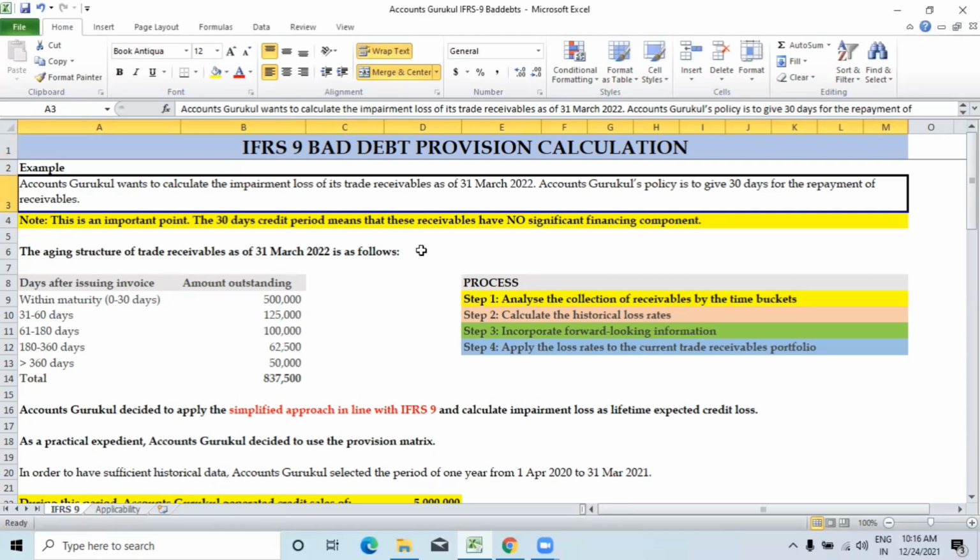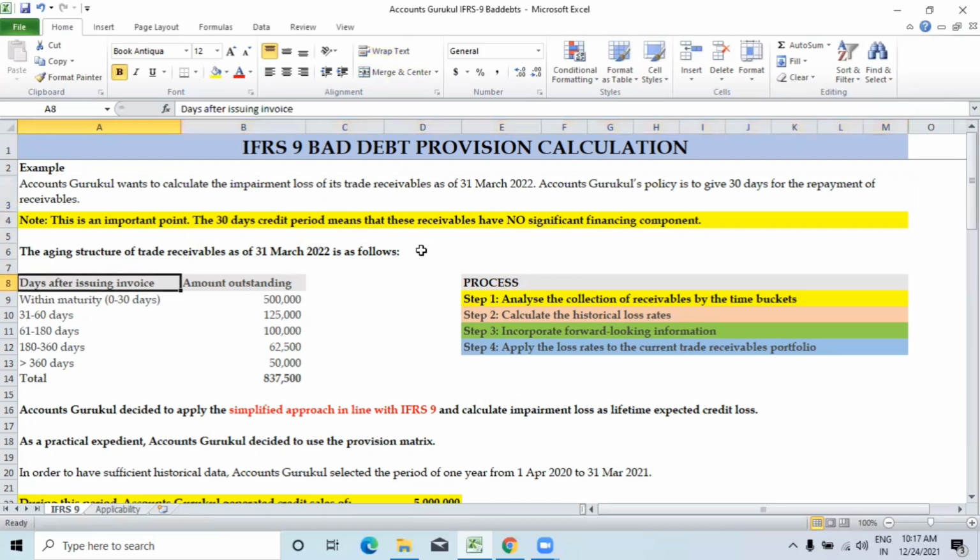So we have created one example as well, and before moving ahead, all the numbers that we have used are just for an example. So don't think that Accounts Gurukul has that much turnover, but yes, if you guys are with us, then we will think about that. But as of now, we have just created Accounts Gurukul as one of the entities, and whatever numbers we have mentioned here are just an example for viewers to know how it's going to work.